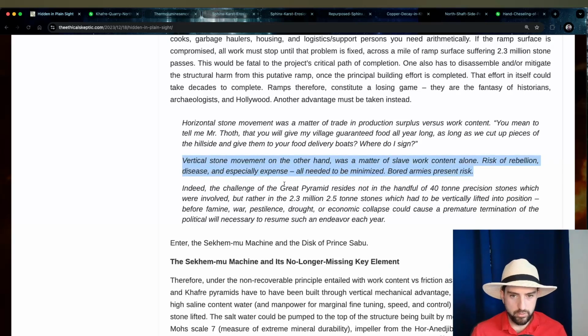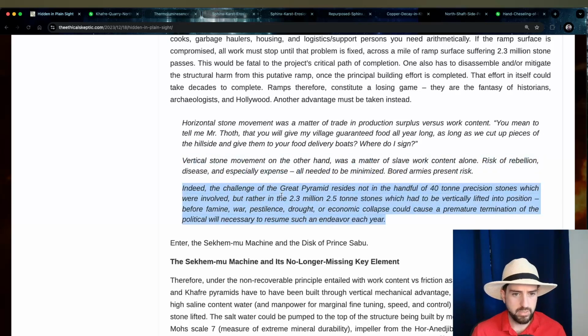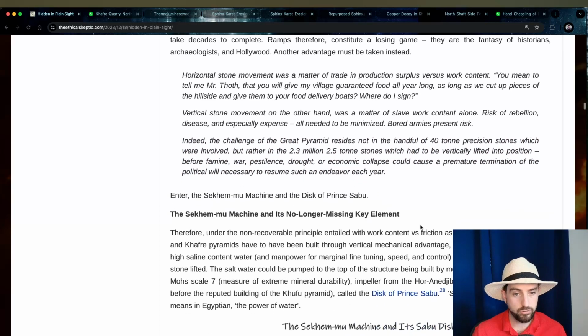God of wisdom is where we get the word thought from, supposedly. Vertical stone movement, on the other hand, was a matter of slave work content alone. Risk of rebellion, disease, and especially expense all needed to be minimized. Bored armies present risk. Indeed, the challenge of the Great Pyramid resides not in the handful of 40-ton precision stones which were involved, but rather in the 2.3 million 2.5-ton stones which had to be vertically lifted into position before famine, war, pestilence, drought, or economic collapse could cause a premature termination of the political will necessary to resume such an endeavor each year. Enter the